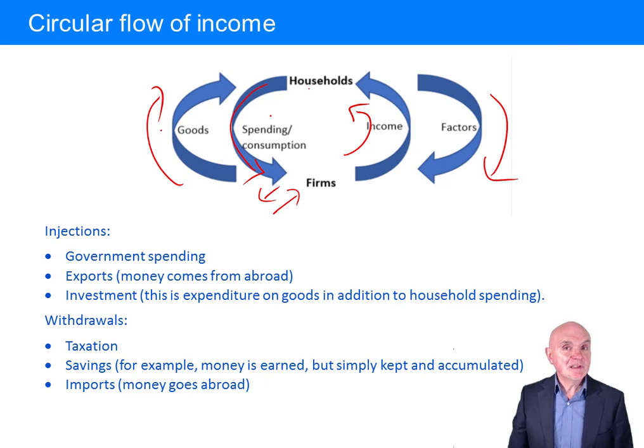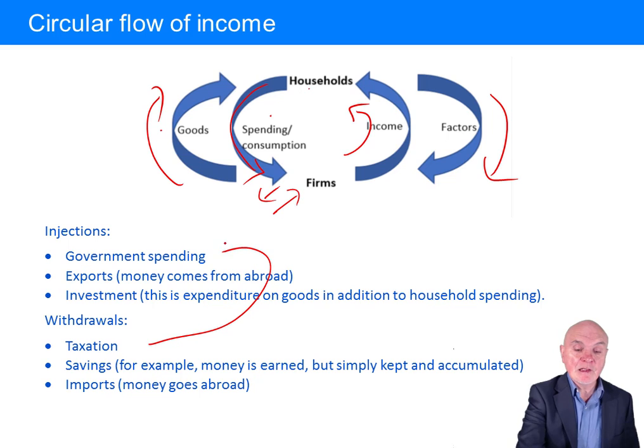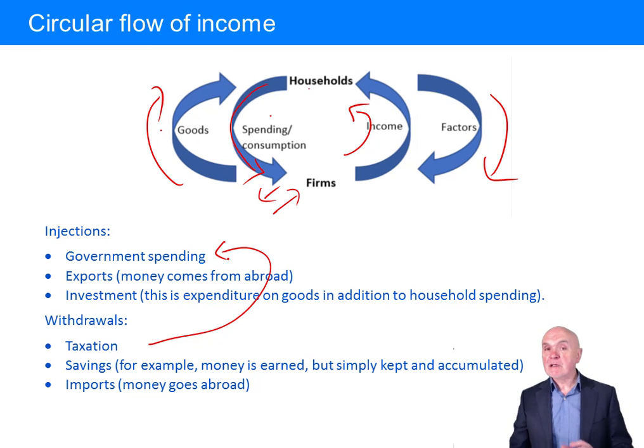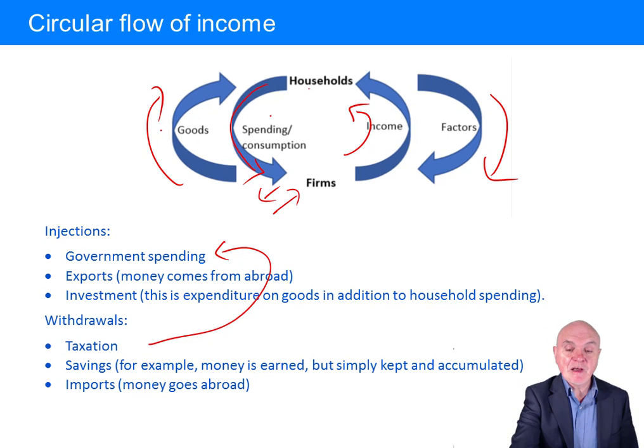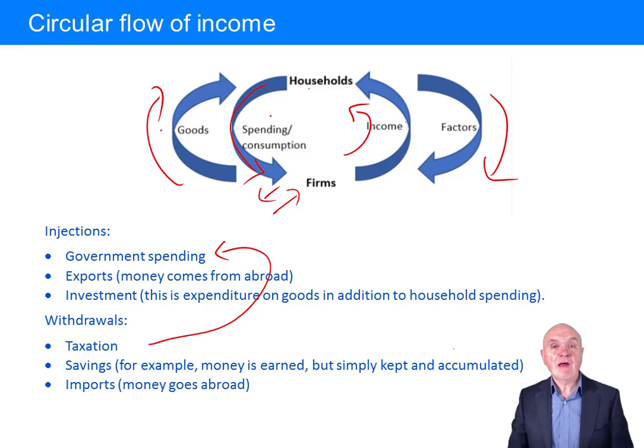Withdrawals, or kind of leakages as they're sometimes called, from this circular flow of income will be taxation. Taxation is essentially where the government withdraws money from the economy. Of course, very often this will go round and the government will spend that money, but it doesn't actually have to do that. Savings. If you receive income and all you do is say, well, I'm going to keep 20% of that aside,